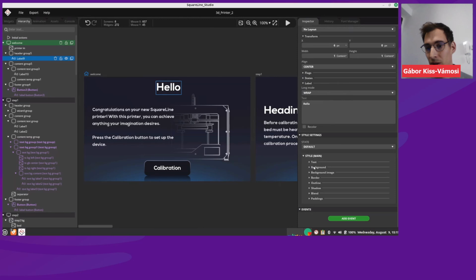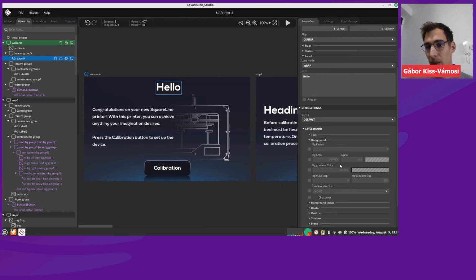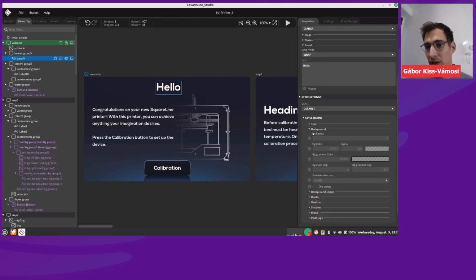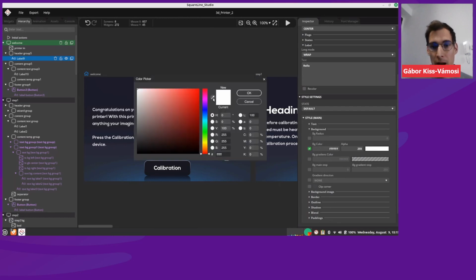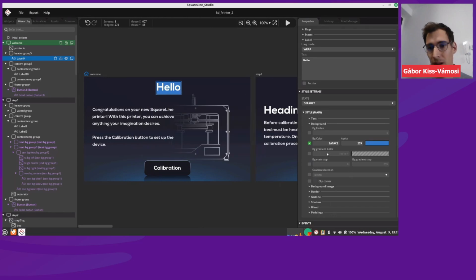For example, if I want to add some background here, I need to open the background section. I will pick a color from here, some lighter blue. Let's adjust it a little bit. I can add some radius as well.